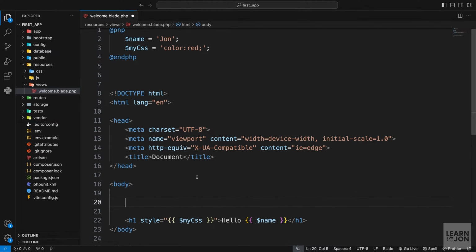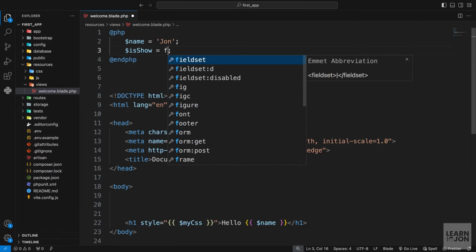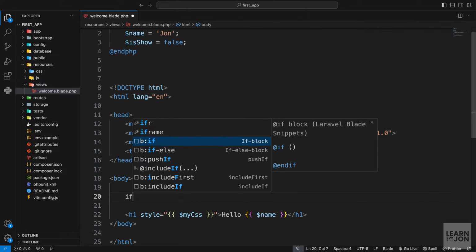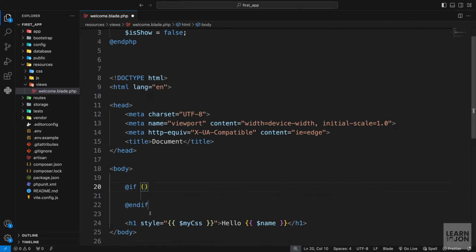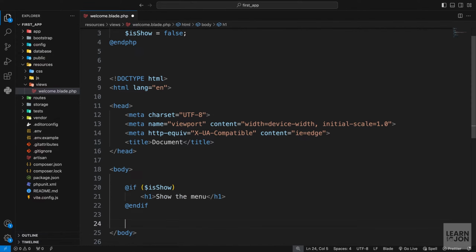Let's explore some other directives. Let's say I have a variable here and call it isShow, and I want to set it to false. We can have if statements, just like any if statements, and we can provide the opening and closing directives, and inside these parentheses we will have our condition. I want to check if isShow is true. I want to, for instance, just say show the menu. I'm going to get rid of this one. So if I refresh, of course we don't see anything,